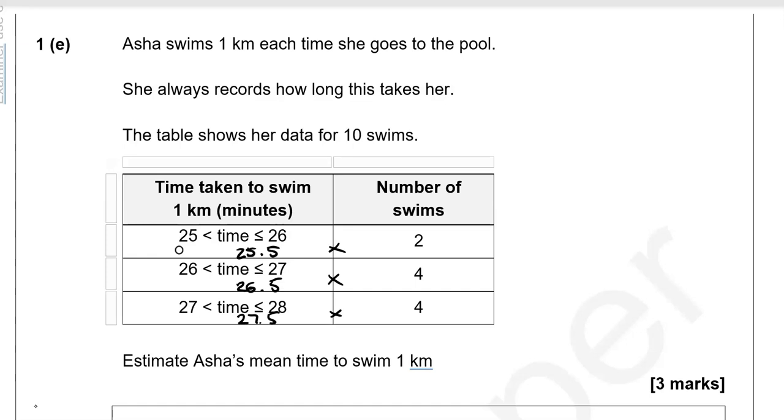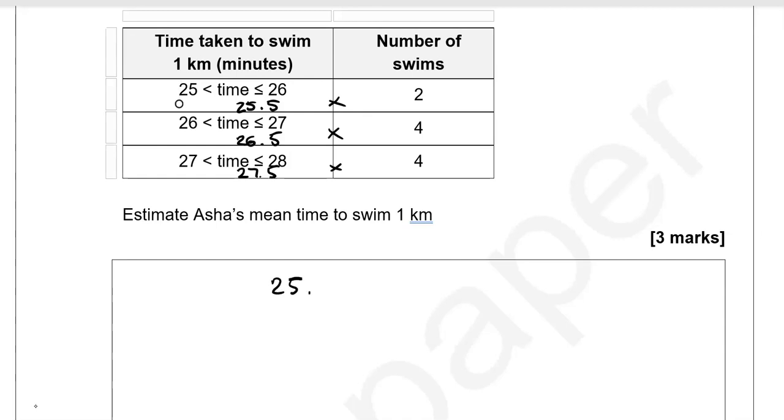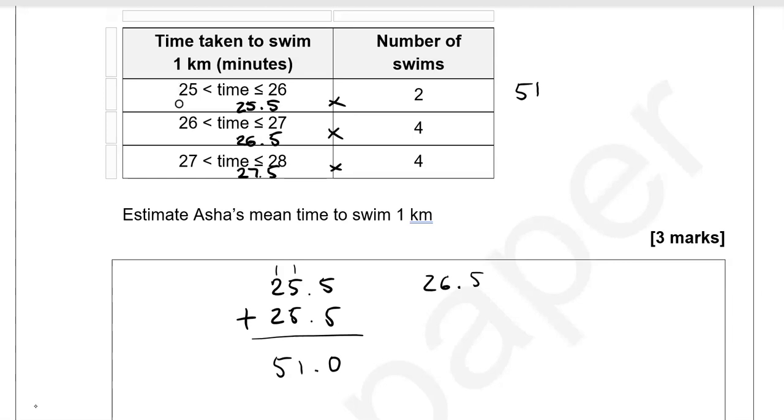So 2 lots of 25.5, 4 lots of 26.5, so 4 times 5 is 20, 4 times 6 is 24 and the 2 is 26, 4 times 2 is 8 and the 2 is 10, so 106,